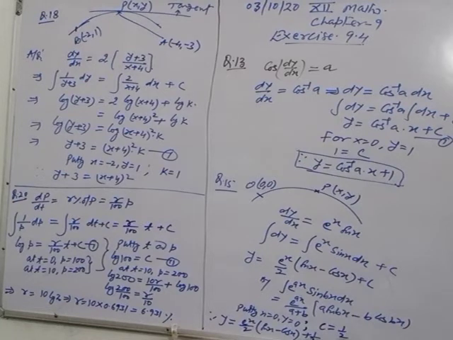So on the right side, the integral is R by 100 into 1 dt, that is t. Why? Because R by 100 is constant, only the integral of 1 dt is t, plus integral constant c. And on the left side, the integral of 1 by p is log p. So this is your log p is equal to R by 100 t plus c. The first equation is the general equation. Now here you will determine the value of c.